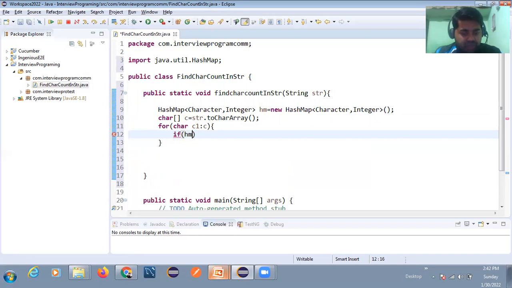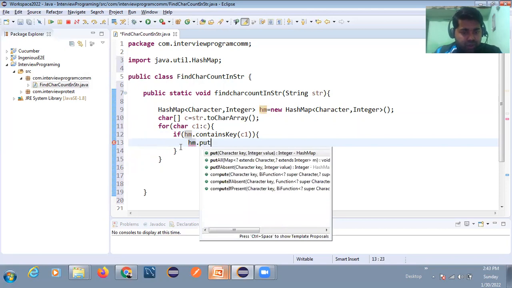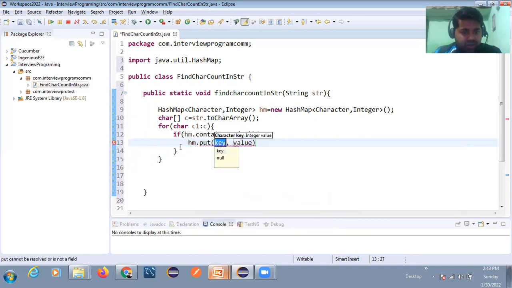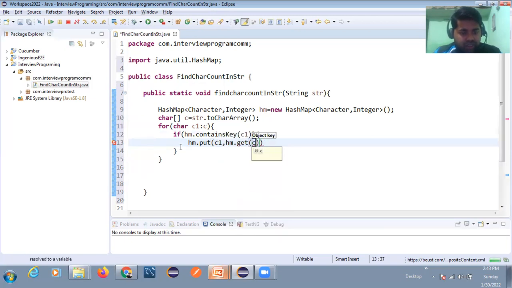Please stay. We use containsKey and pass c1 here. And here, hm dot put, then we put c1, and hm dot get c1 plus 1.